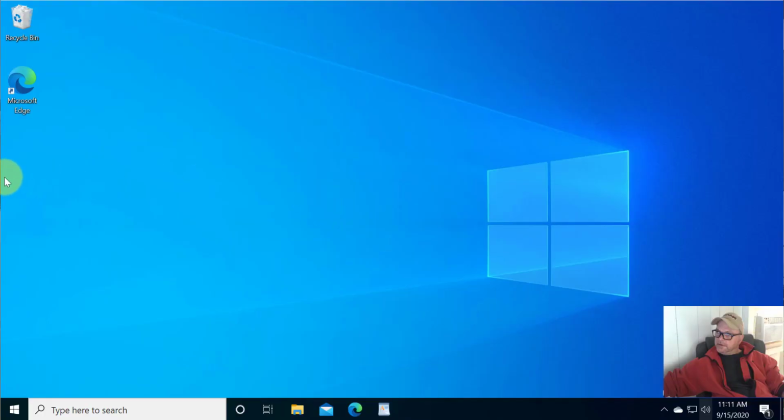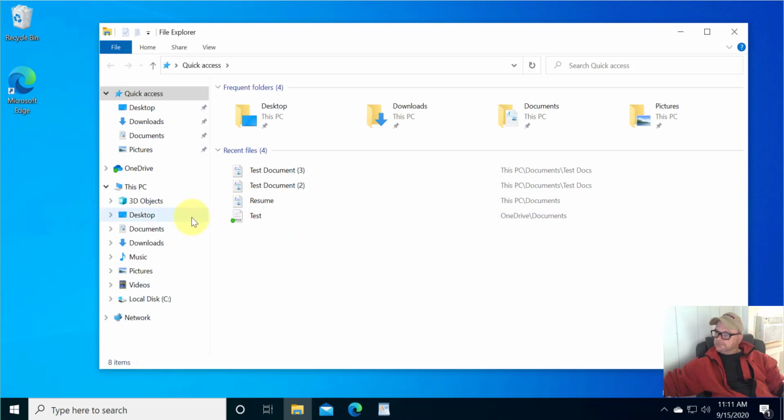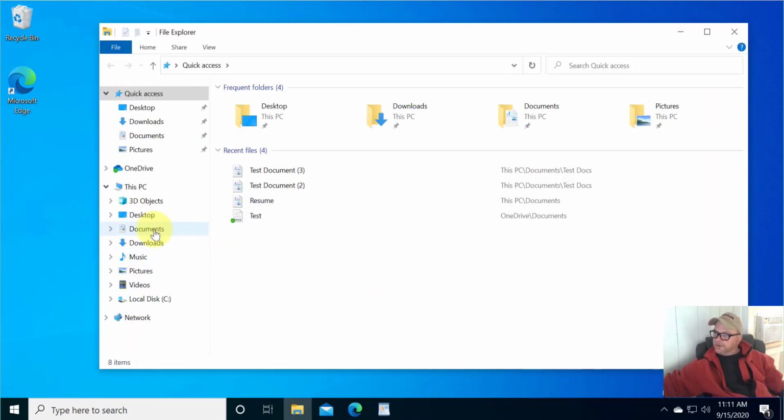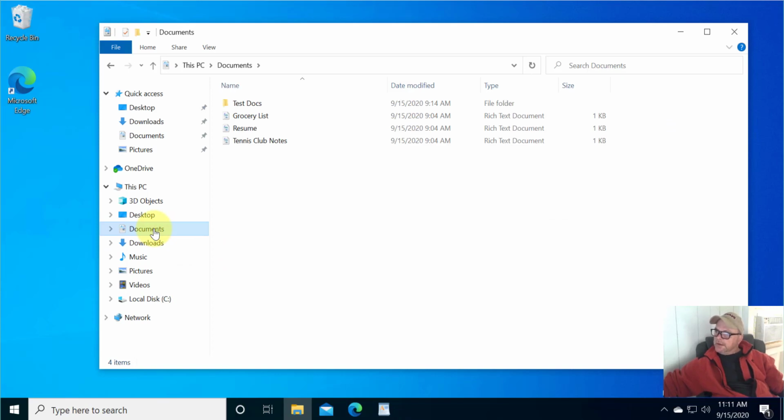I get a lot of people asking me how they can put their documents folder on the desktop here. For some reason I don't encourage that, but yes, you can do it. I don't encourage it because I think people should actually reach for their documents folder where it is, which is in File Manager. Anyway, I can take this documents folder right here, and if I drag it over, you'll